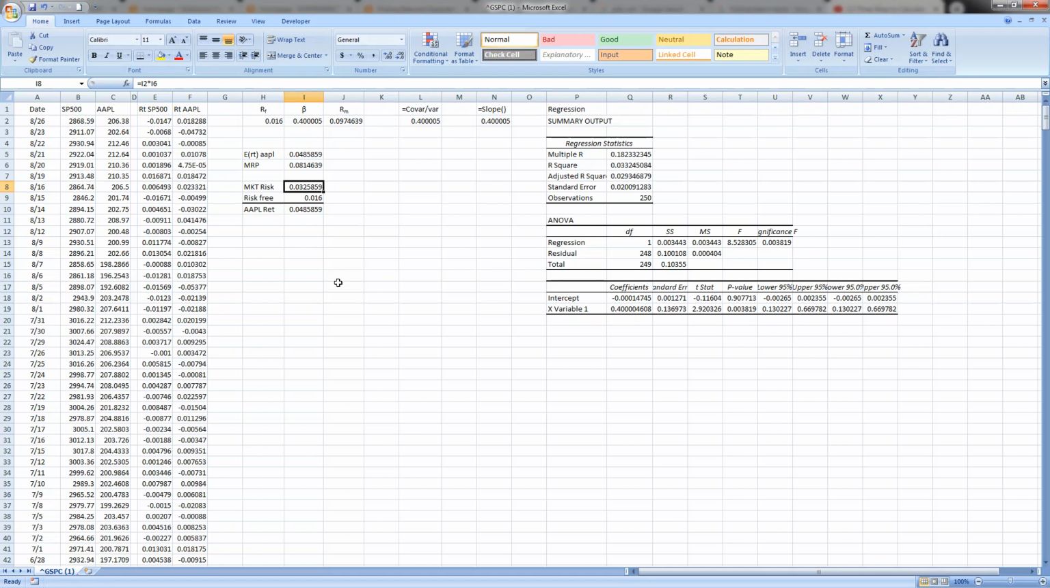Hopefully that answers all your questions. Again, remember, we can find beta in at least 3 different ways. We can divide the covariance by the variance of the population. We can use the slope function, or we can perform a regression. And within the regression, it's your coefficient for your x. That is, you're using market returns to predict the returns of Apple. And in this case, we see it as the